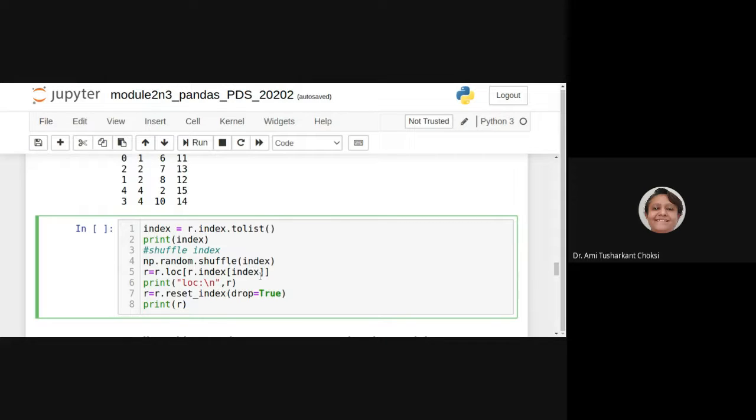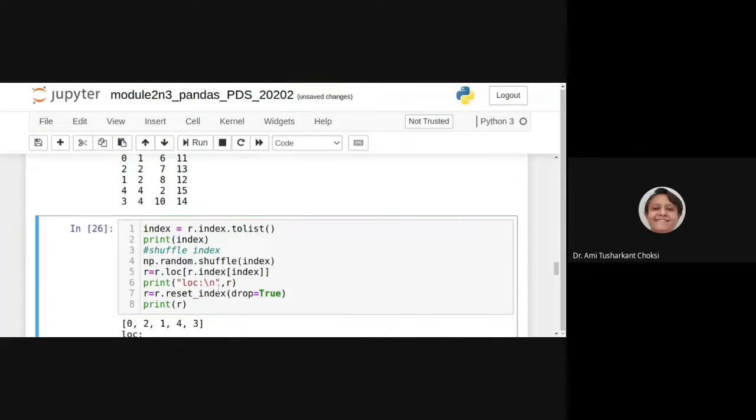So R dot index is the index which we are accessing, and here what we have given is a list, fine? Then we are printing R. Then we do R is equal to R dot reset underscore index, drop is equal to true, and print R, right? Let's see that we are resetting the index.